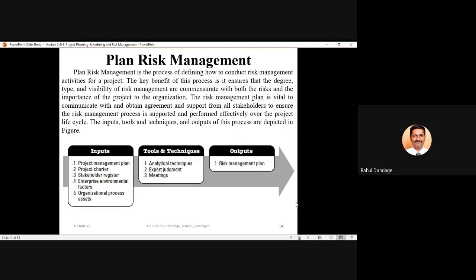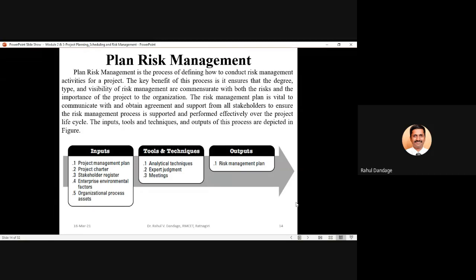Out of these five, enterprise environmental factors and organizational process assets are almost common inputs to any of the project management processes. The project management plan must be available because your risk management must be in line with whatever is in the project management plan.